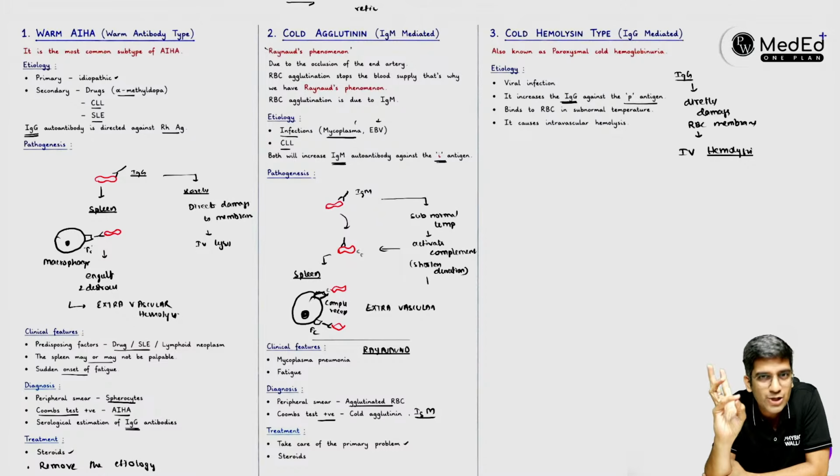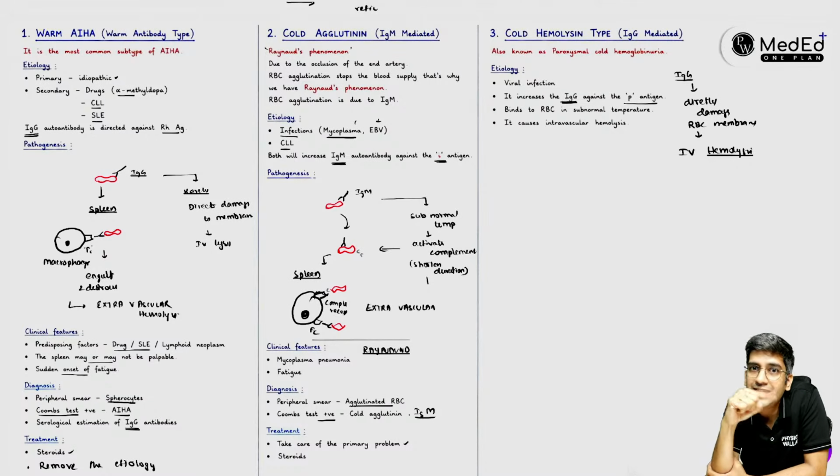Iron is absorbed in duodenum. Absolutely right. Iron is absorbed in the Fe2 plus form, not predominantly in Fe3 plus. Fe3 plus also goes, but Fe2 plus is more important for me, right? And once it is absorbed, it will never go directly to the bloodstream. It will always be stored in the form of ferritin, inside the duodenal epithelium. Only when my body requires, iron will be sent outside.